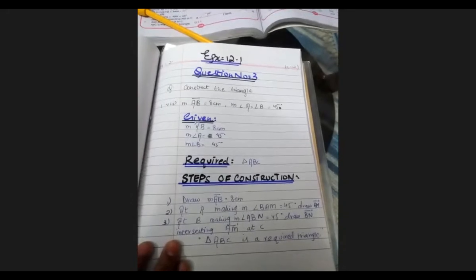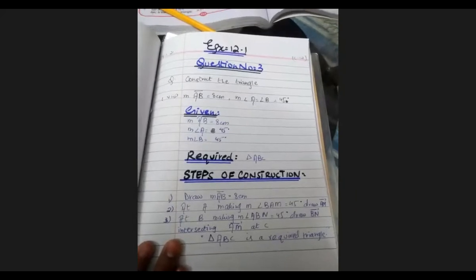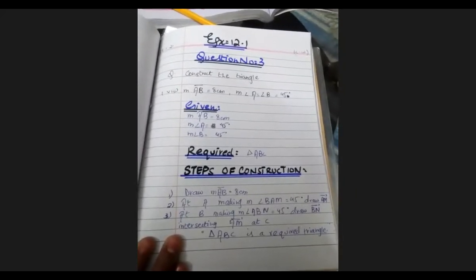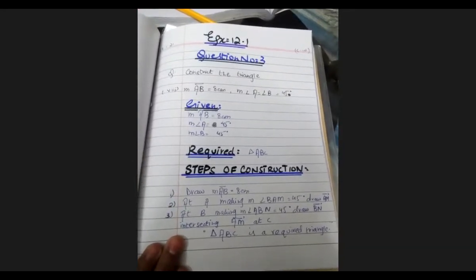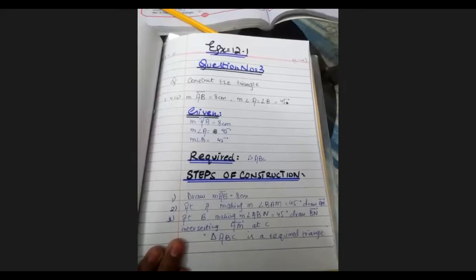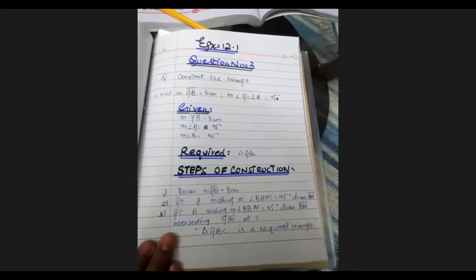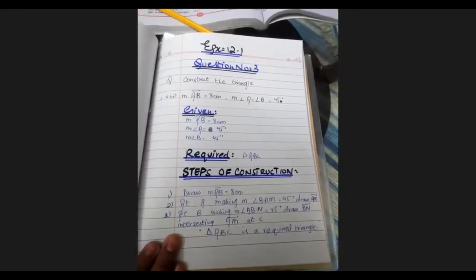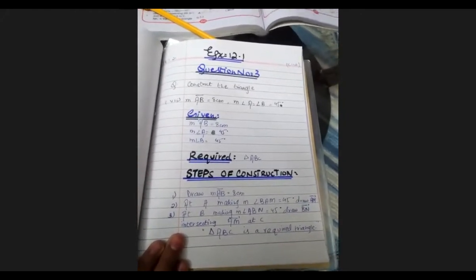Now next copy is here. Draw AB is equal to 8 centimeter. At A, making an angle BAM is equal to 45 degree. Draw AM. At B, making an angle ABN is equal to 45 degree. Draw BN intersecting AM at C. Look at this copy of Halima, Ali. Very good Halima. Beta, when we already draw two rays and they are intersecting each other, then there is no need to write join AM and BN. Okay, already these two rays are joining. Okay, now next is Anamta.